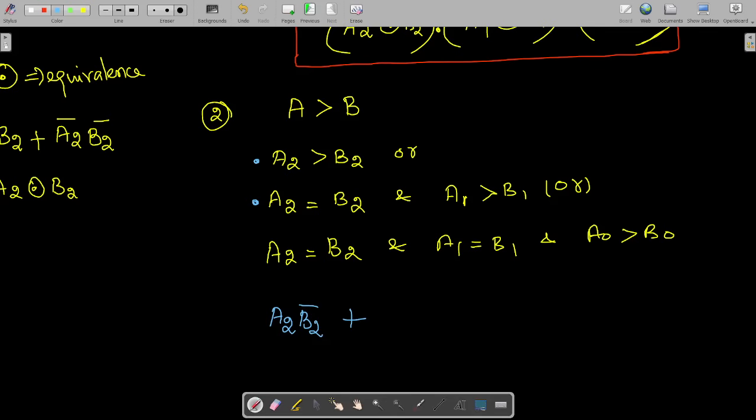Second condition: A2 and B2 are equal. Equal means you have to put the equivalence operation, right? So A2 X NOR with B2, and A1 is greater than B1, which means A1 and B1 bar. This is the second condition. Or, for this you have to put the OR operation.